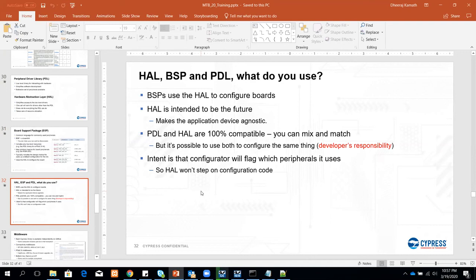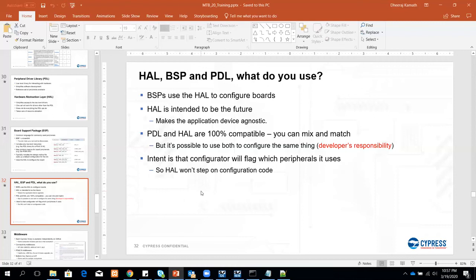By conflict, what I mean is, if you enable UART, and let's say that the HAL is initializing the UART, and then the PDL goes on to disable it, and then the HAL is trying to print something, it's going to fail because the PDL has disabled it. Because finally, even though you use the HAL or the PDL, it is going to talk to the same hardware block, and if you do not take care of using them appropriately, then it's going to cause conflicts and it's going to cause failure.